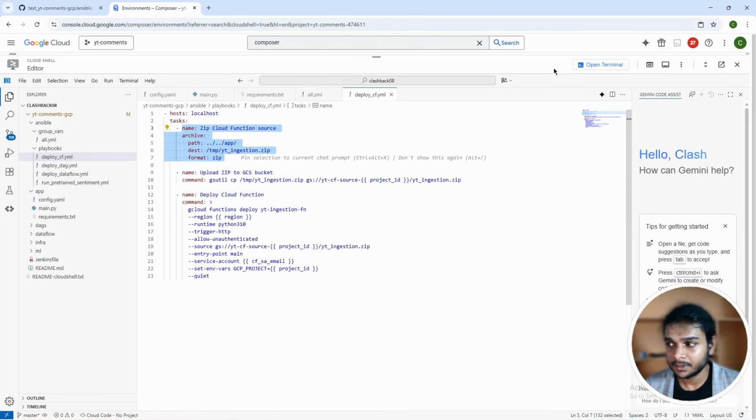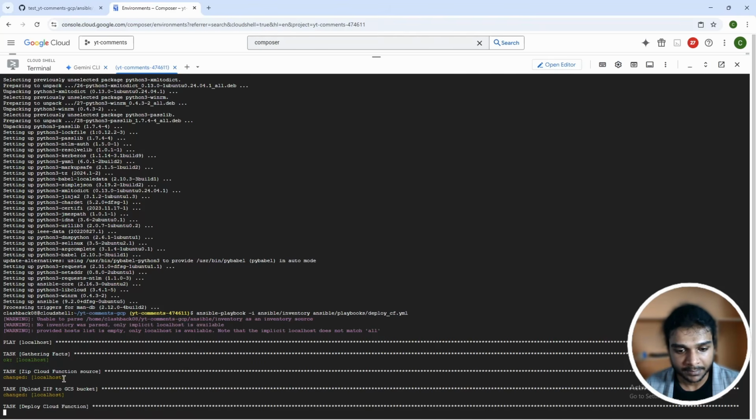So it is zipped. The cloud function is now zipped. It says changed. Now it says upload zip to GCS bucket, and it is also executed. Now it is deploying the cloud function. This might take a few seconds,